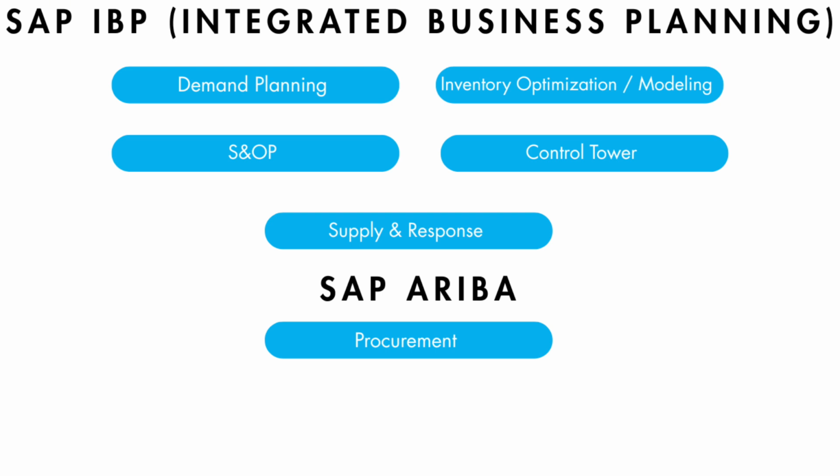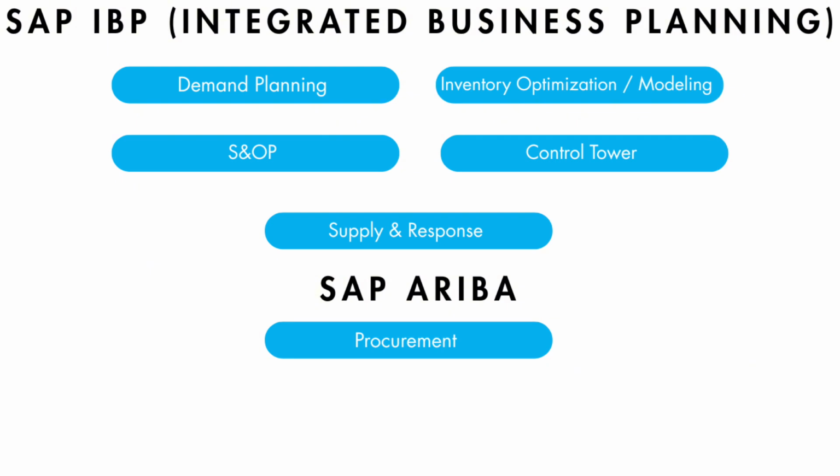MRP, people are aware, is basically unconstrained planning. It assumes you don't really have a problem with capacity. It assumes you don't really have a problem with lead time. So it does a mathematical calculation. But the reality is that capacity is a constraint. Machine is a constraint, right? People are a constraint. Material availability is a constraint. The number of vehicles you have is a constraint. So here is where they also have the capability to do optimization, looking at constraints, as well as handling when your demand is exceeding your supply. So in that case, typically what you'd end up doing is allocating products to customers or prioritizing certain customers over the other. So those kinds of capabilities are all there in IBP.